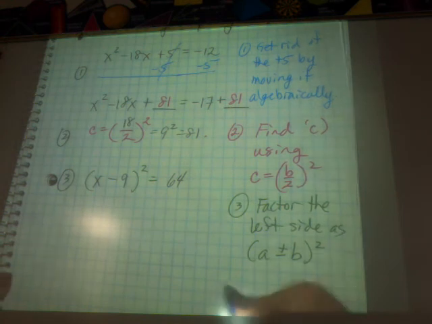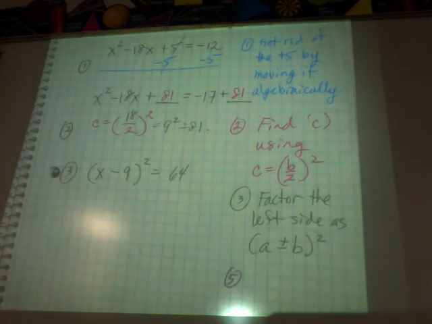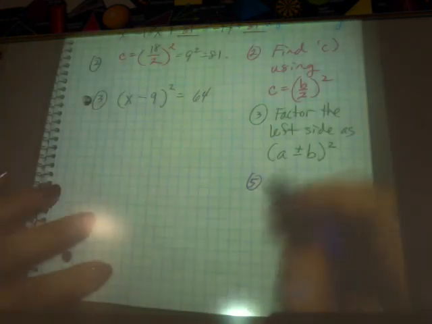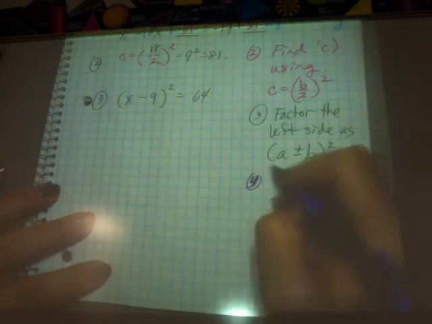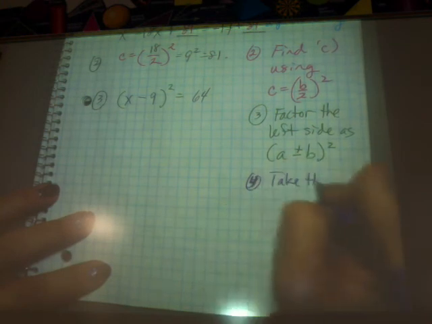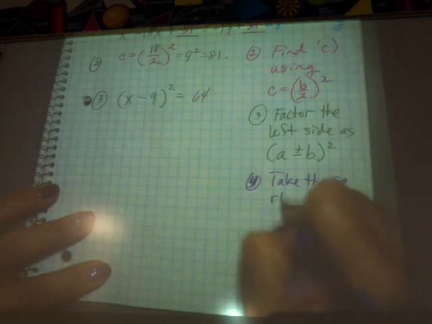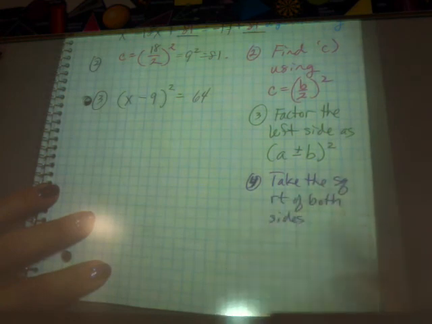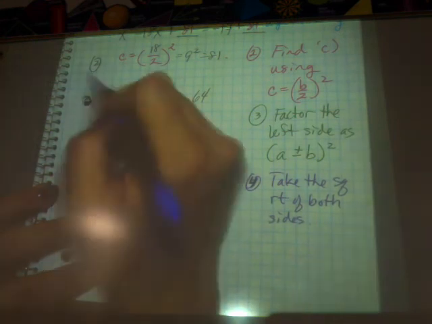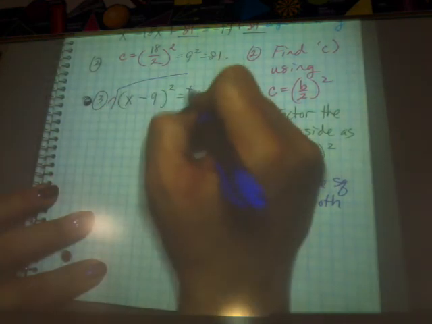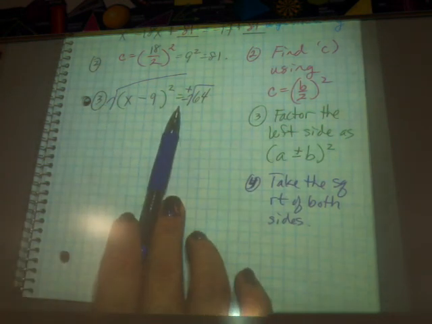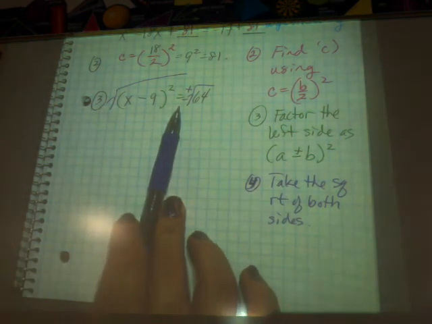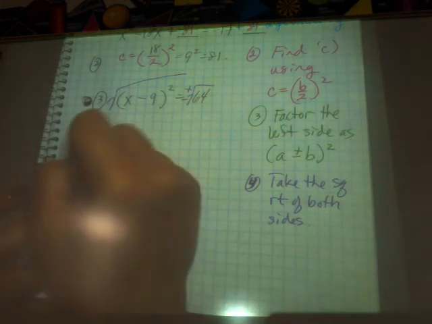Yep, so step 5, if I can pull that up there. Oh, sorry, step 4. I was just pretending. Take the square root of both sides. Remember, when you take the square root of both sides, you have to do plus or minus to that number on the right. So then for step 4,